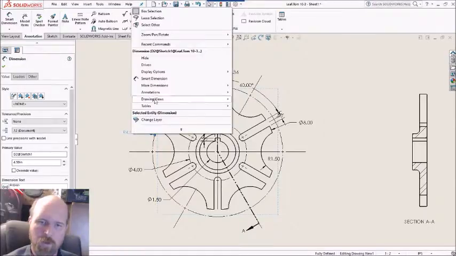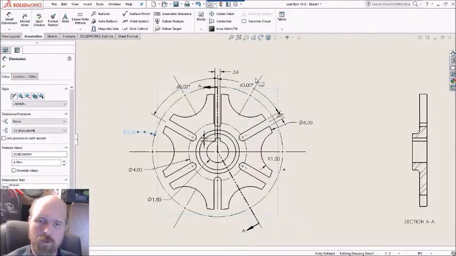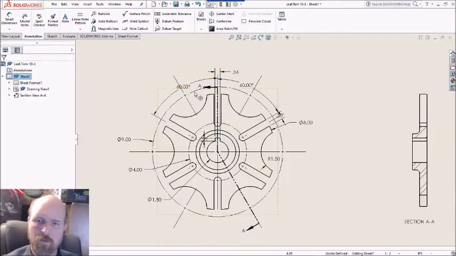This one should be displayed as diameter. Let's see, what else do we have here that I need to change? I've got two 60-degree dimensions, but both of them are kind of interfering with my other dimensions here. So I'm going to go ahead and remove those. Since this one needs to be placed there for the keyway, I don't want either one of them to interfere